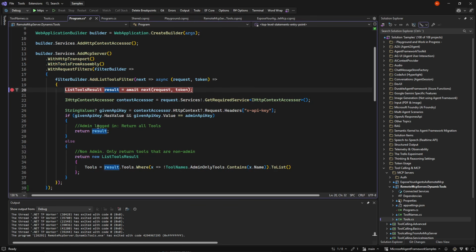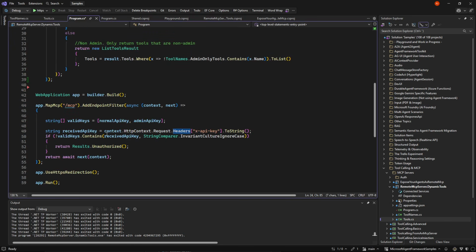But we need to check who the user is that has actually logged in. And in order to do that, we use the HTTP context accessor, because on the request, we can grab the HTTP context accessor and get something about what the call has been about. So in our case, we will use the HTTP context, get the request, and get the header.